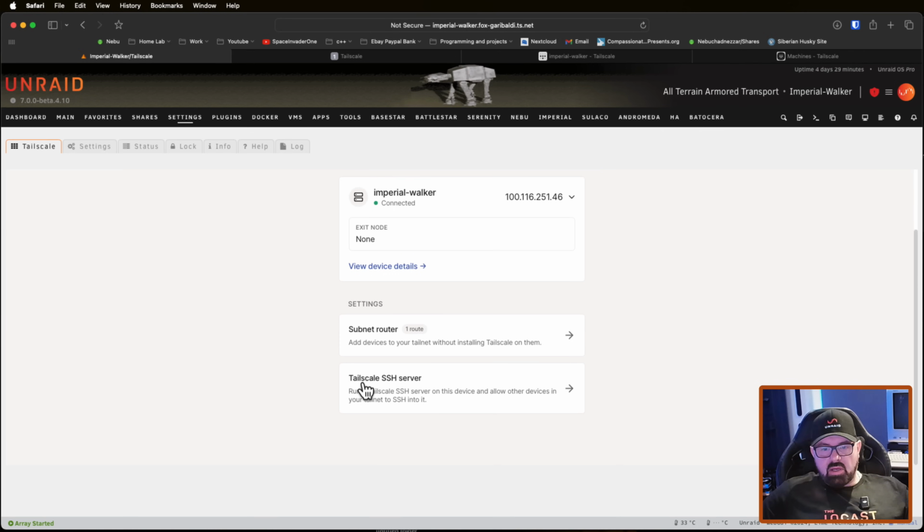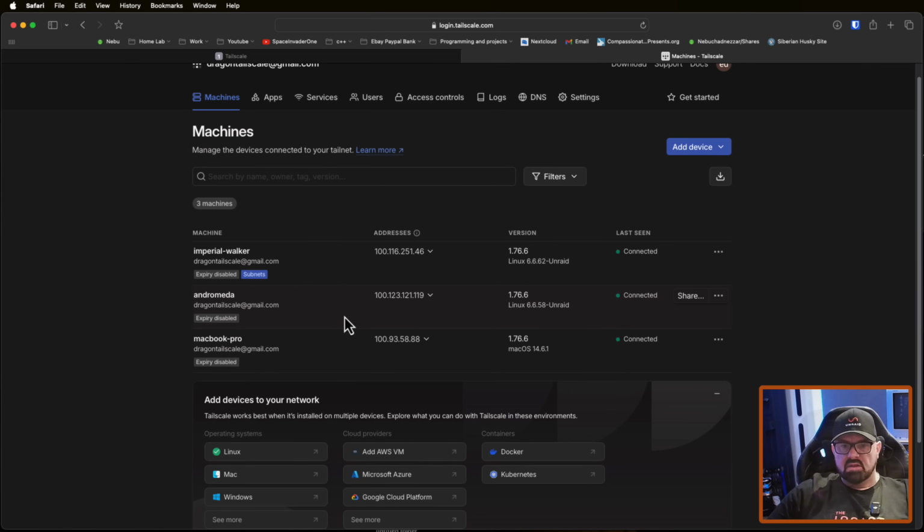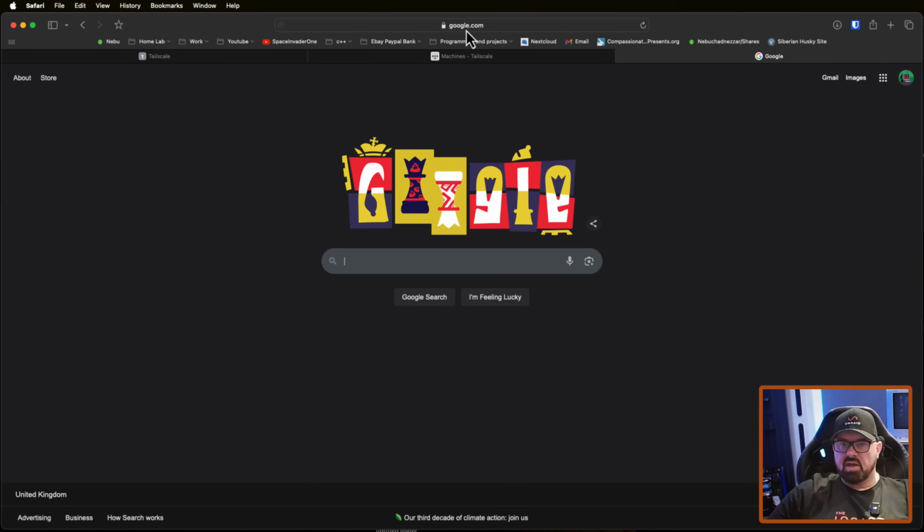Okay, we'll talk about the Tailscale SSH server in a moment, but as you saw a moment ago, I have added this server here called Andromeda. Now, this is a server that I have in a data center over in Finland, so it's a long way away. So anyway, let's connect to this server here. So I'm going to grab its IP address, open a new tab, and just paste the address in here,